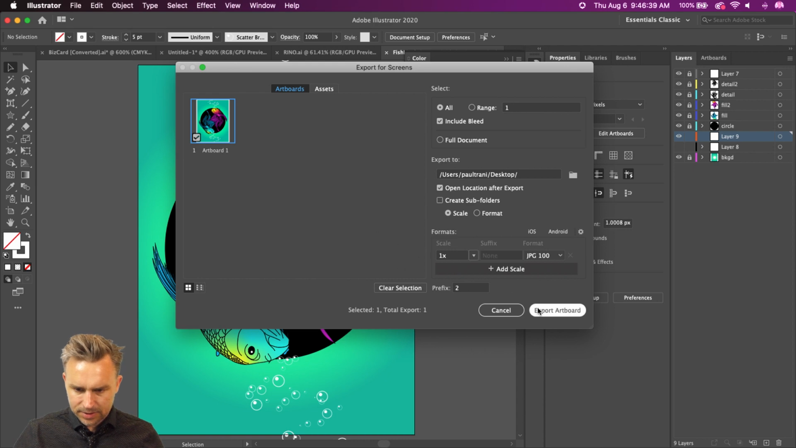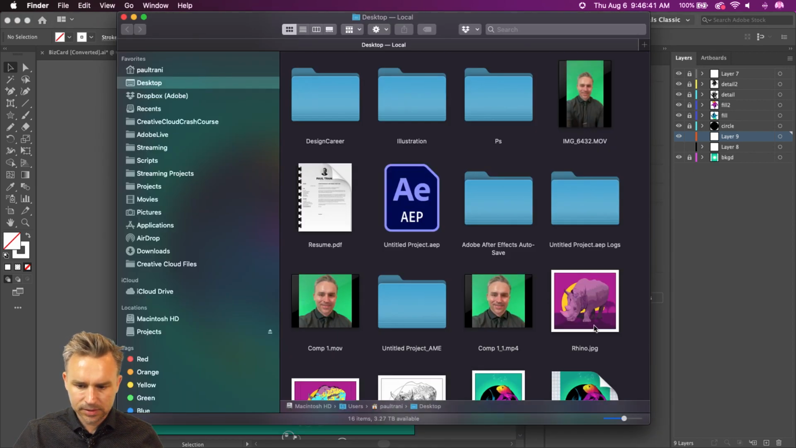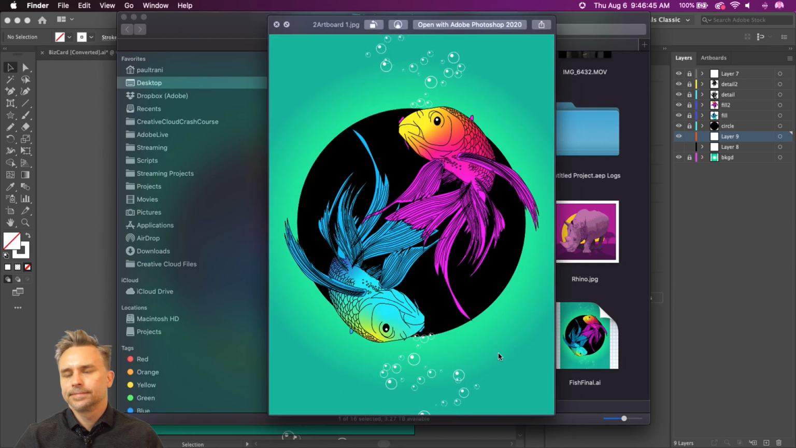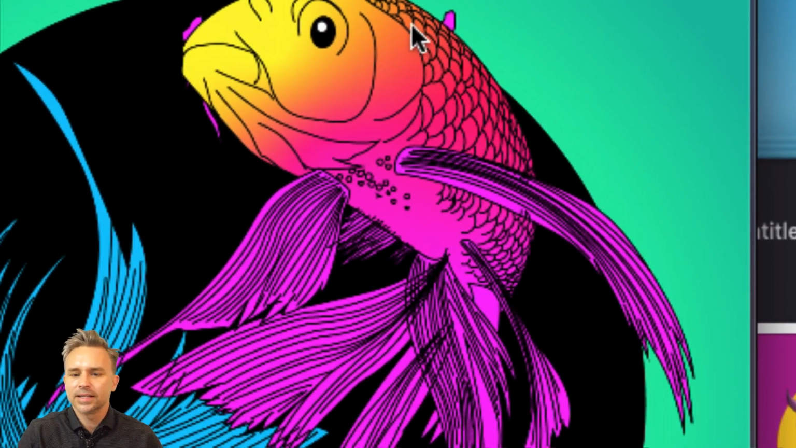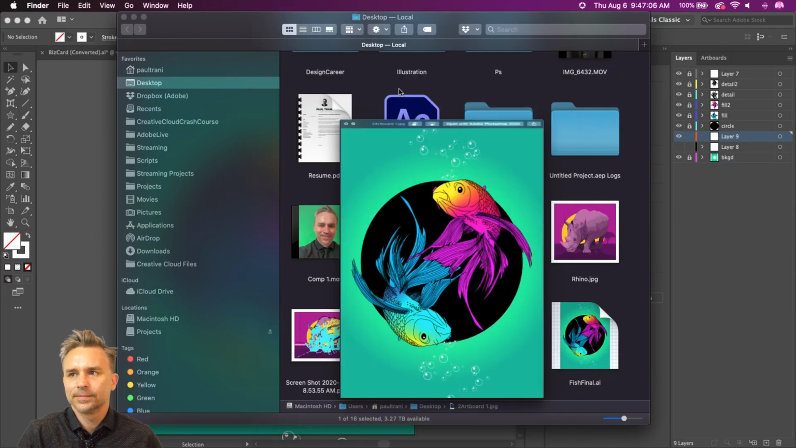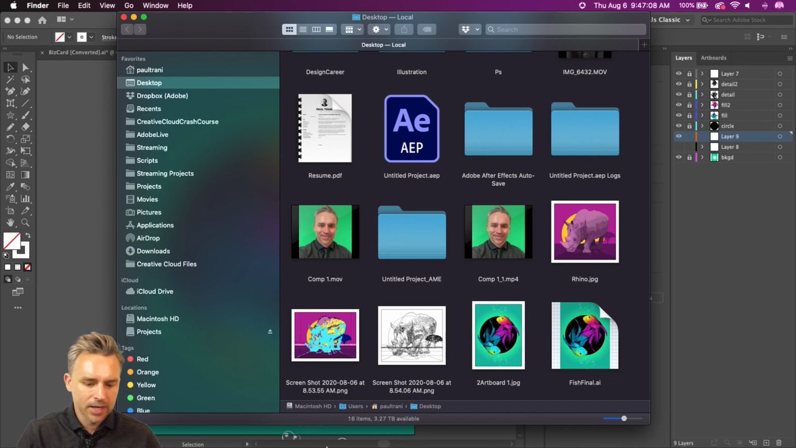Doesn't need a suffix. There it is. Honestly, what this needs is highlights. It's funny when you work on something, you step away or you see it smaller and you realize the fish are shiny. This needs just a bunch of highlights on the side. That's something I'll work on later, but that's okay. Okay, with that done,